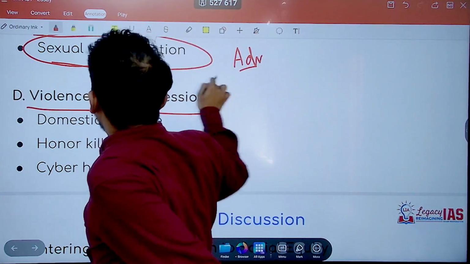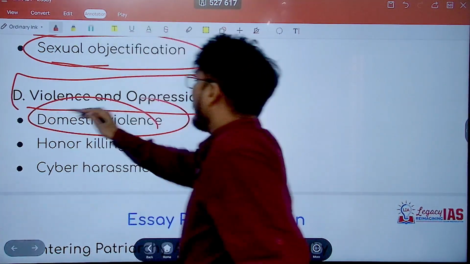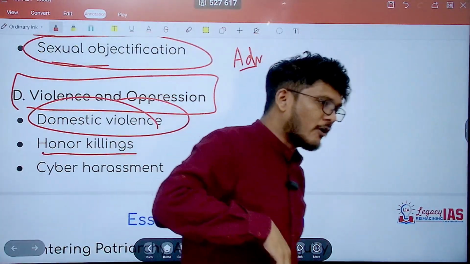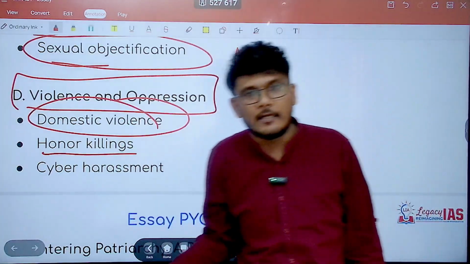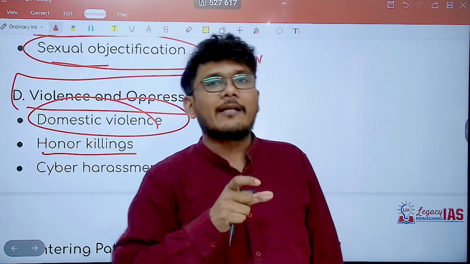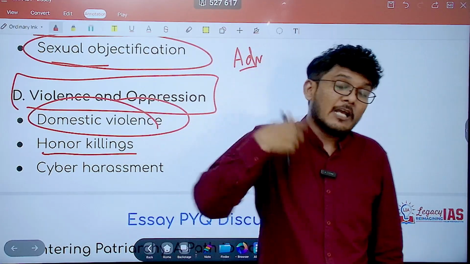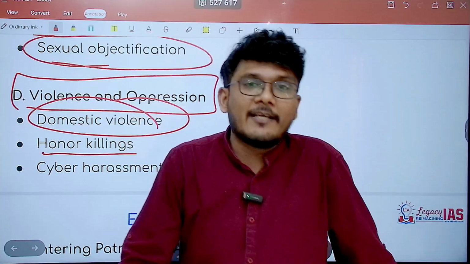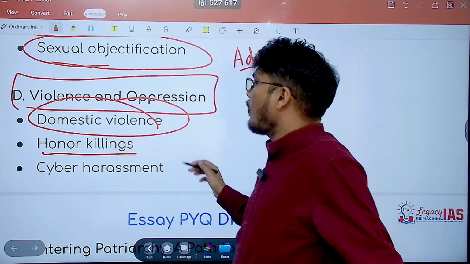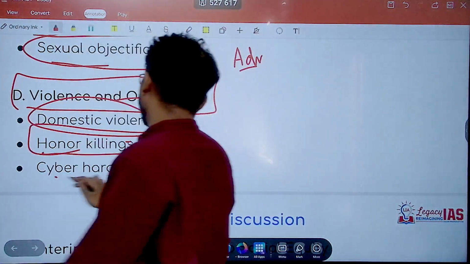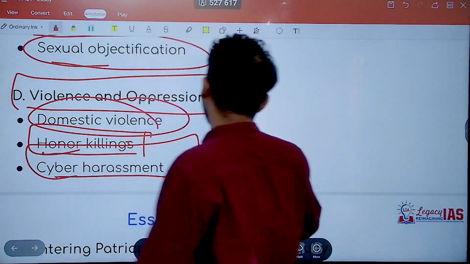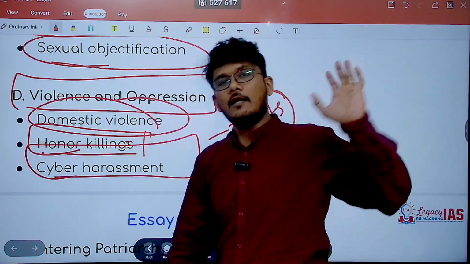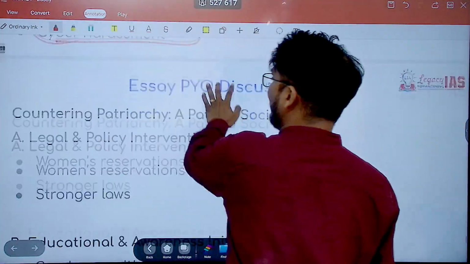And of course, violence and the Protection of Women from Domestic Violence Act 2005, honor killing is there, because the female child is considered to be an honor. So if she marries out of caste, she is killed. So we do not relate honor with men, and we take pride saying that the daughter is our honor. But if she is the honor, well and good, but then you cannot go on and kill her in the name of honor killing. And then cyber harassment also, you will have to put on some facts and figures to show that how these things are heavily biased against the females.